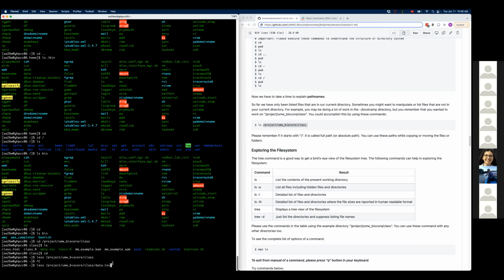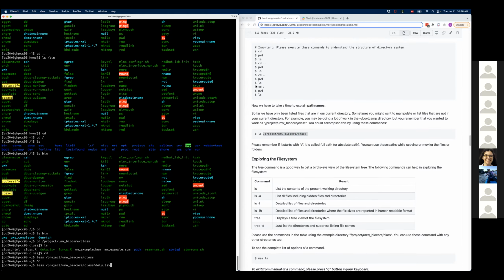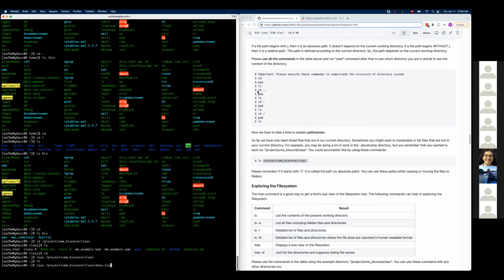Can I ask a question? Yeah. So after the fourth one, cd double dot, the first cd double dot, I see that command not found. Is it because I went back to my home directory and I cannot change that directory? It's likely that you forgot the space between the cd and two dots.